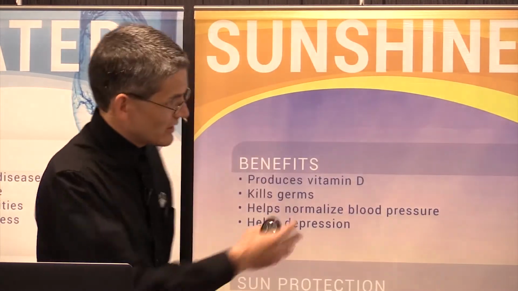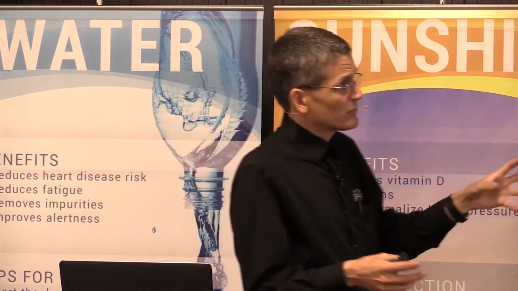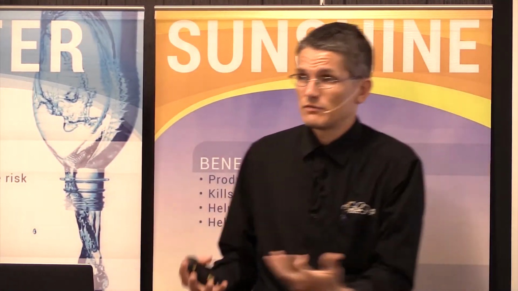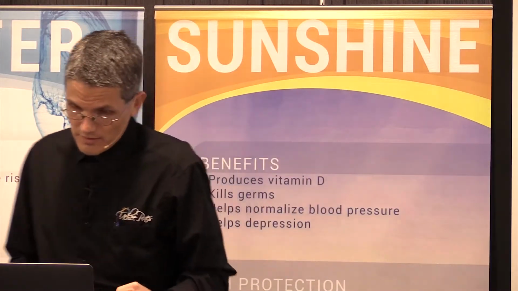All right. Well, what happens with sunshine? You've got 3 different types of ultraviolet radiation that are coming from the sun. You have UVA, UVB, and UVC. Anybody heard of UVC? No, you don't usually hear about UVC. Why don't you hear about it? Well, it's because it's usually filtered out in the atmosphere and it usually doesn't get to the Earth's surface. So we don't usually have to deal with it.